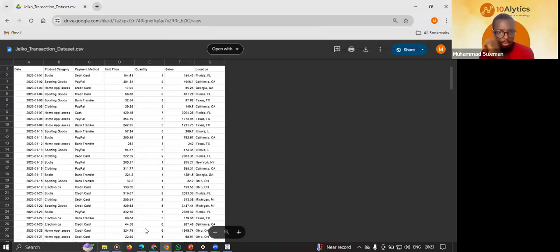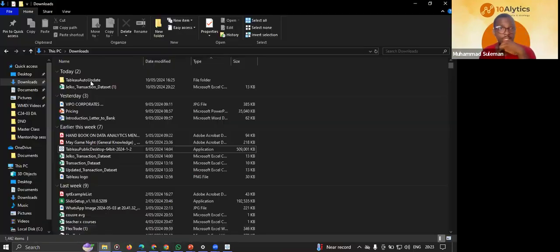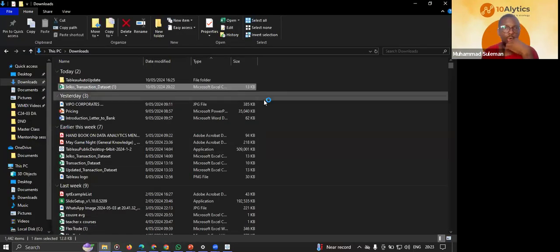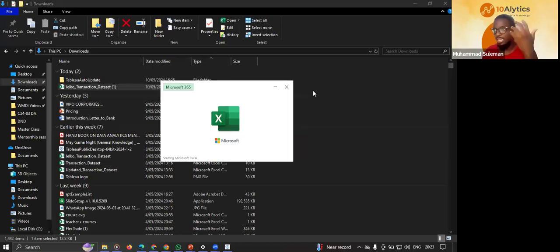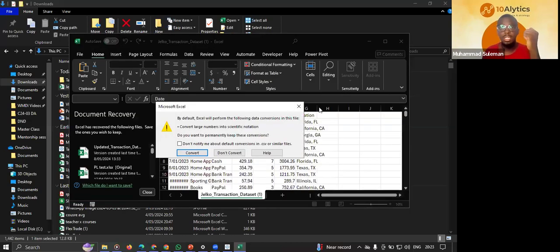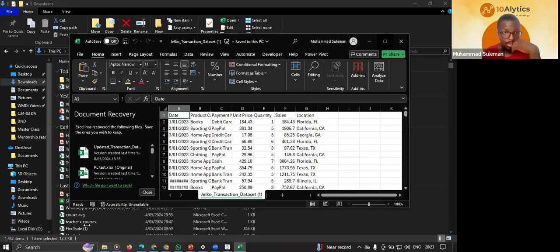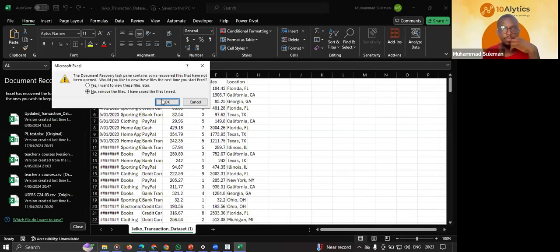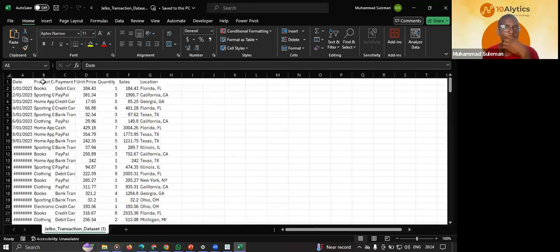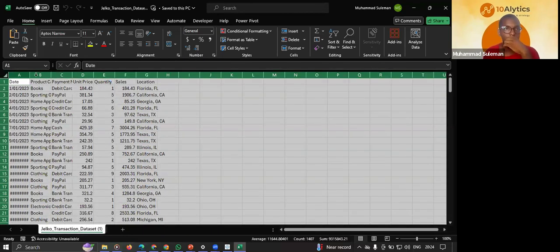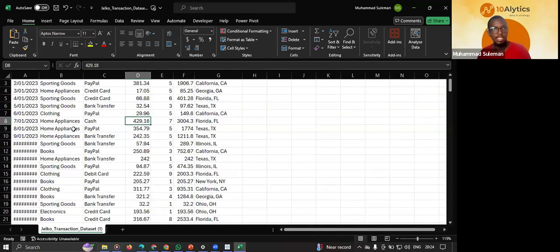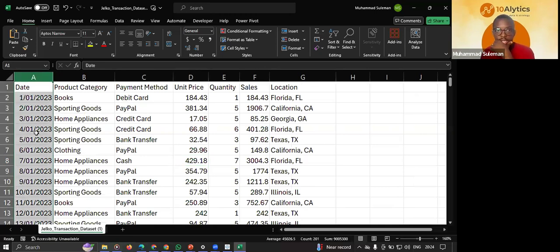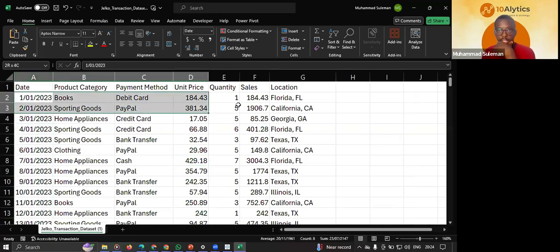So now, let me open up the data. Let me go to my downloads and open up the data set in Excel so you see how it looks. Let's first get ourselves familiarized with the data so you see what it entails. I'll close all of this. All right, let's look at the data together. I believe you can all see my screen. If you look at the data set, the very first thing you'd see is the date on which the transaction occurred,